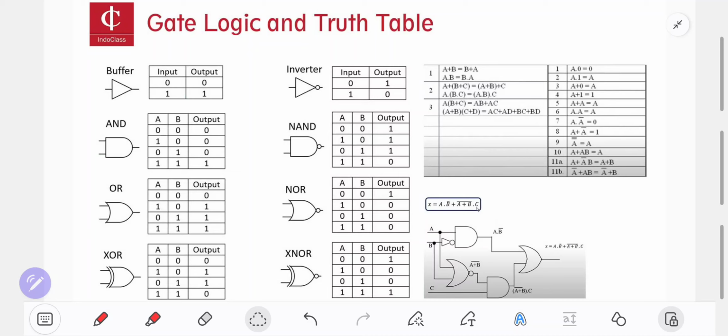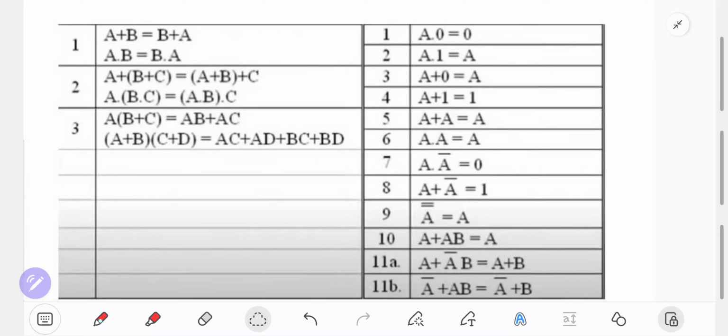Next we are going to learn about Boolean algebra. You can see on this table the formulas. A and B are the inputs. We can start from the left side. A plus B is equal to B plus A,